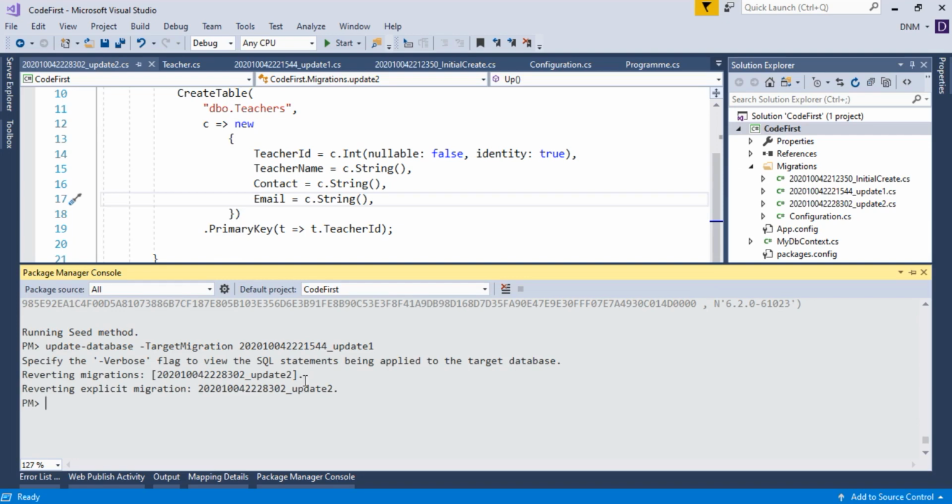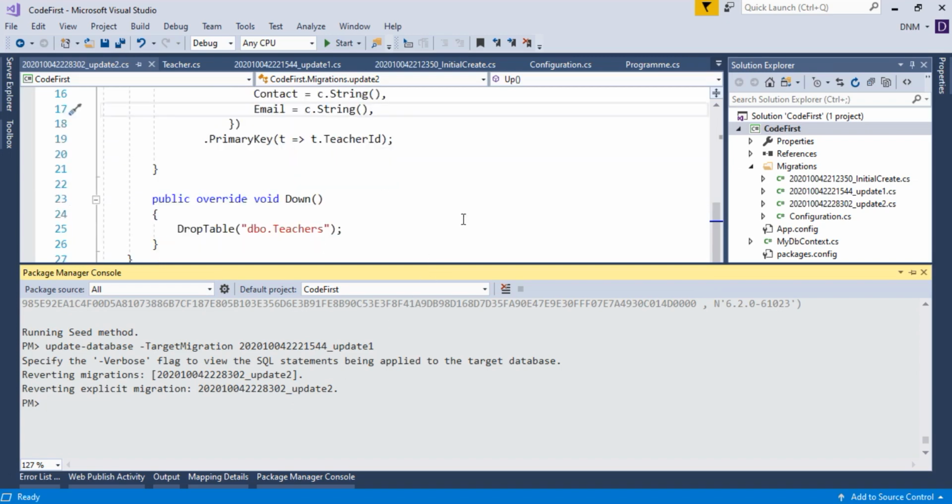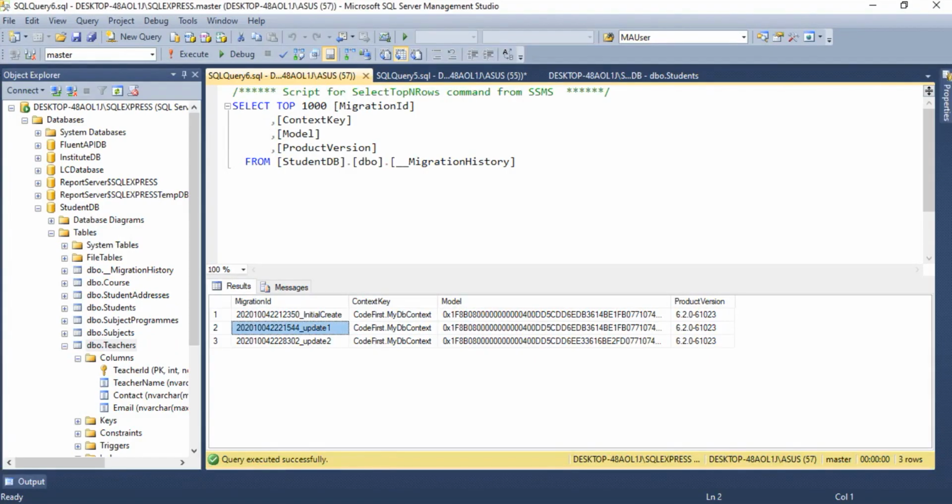Here also you can use verbose to determine what command is going to be executed at the SQL side. But as I told you, it executes the command that is in the down method. So in the down method, what is the method? Drop table. So according to that, the SQL will be executed. Now let us switch to SQL Server again.